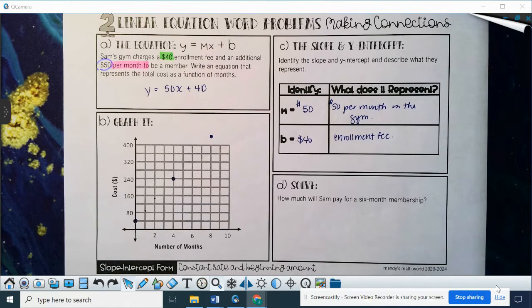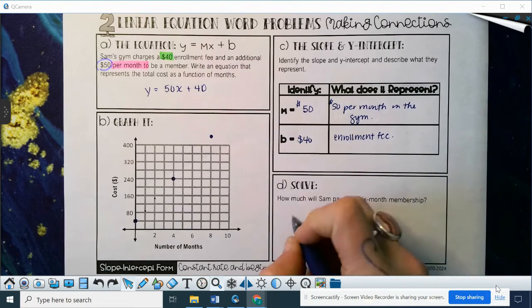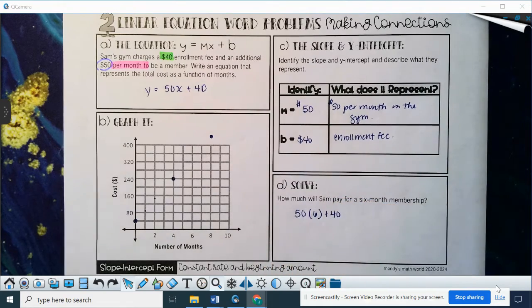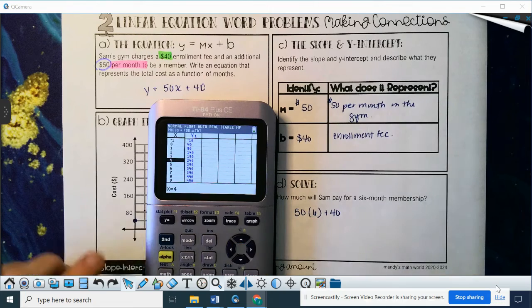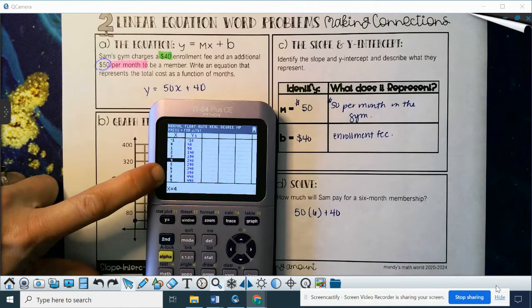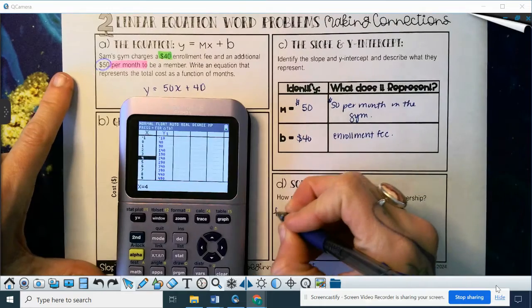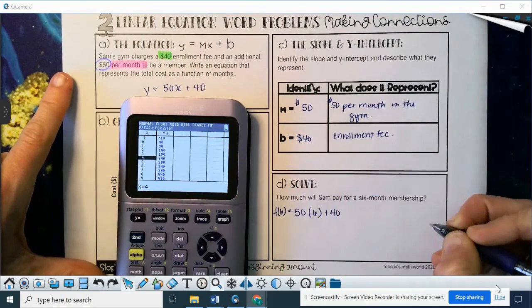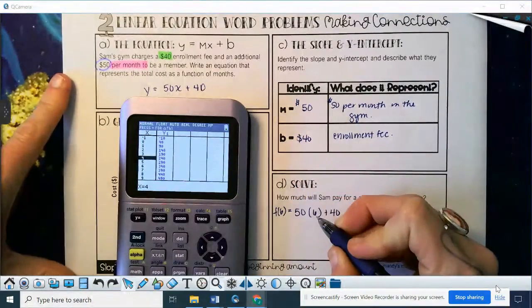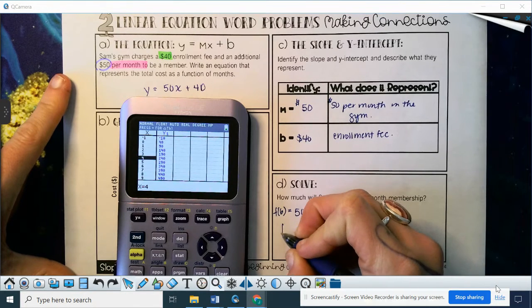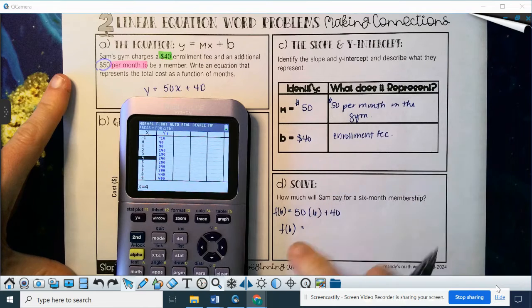So how much will Sam pay for a 6-month membership? That's going to be 50 times 6 plus 40. Again, you can either type it in your calculator on the home screen or you could go to where X is 6. Because if you're thinking about functional notation, this is saying f of 6 equals, and then solve it, because we're plugging in the 6 in the place of the X value. And that means f of 6, when x is 6, so when it is 6 months, our cost will be